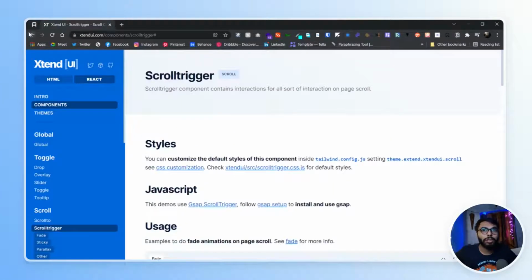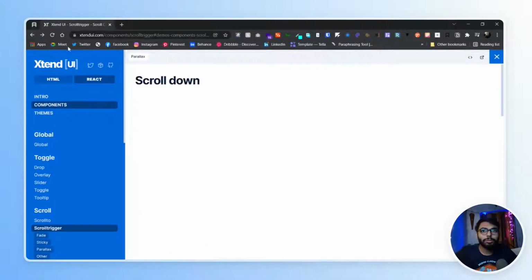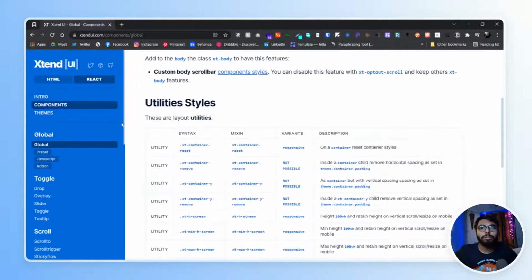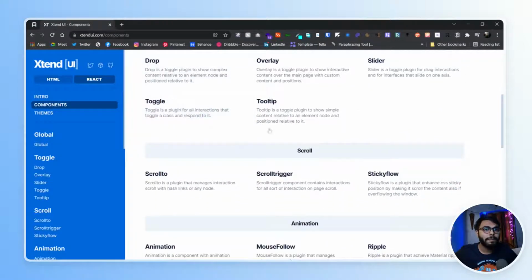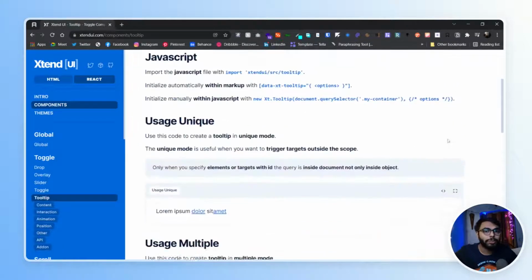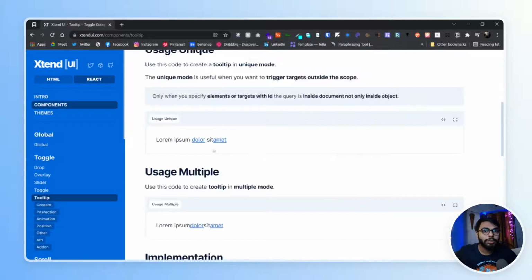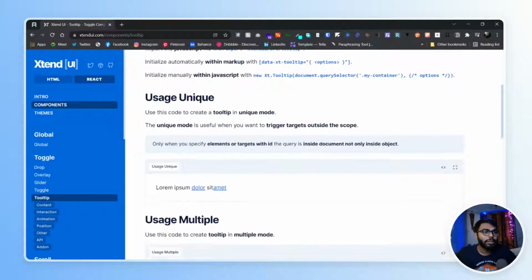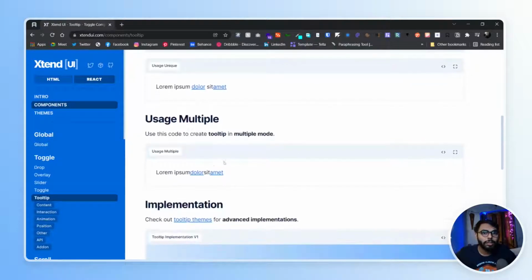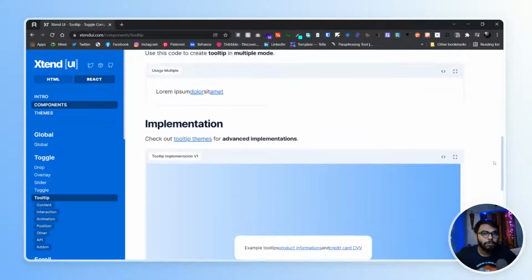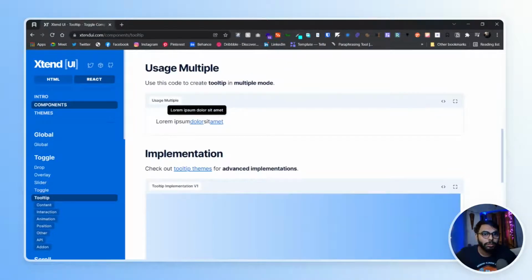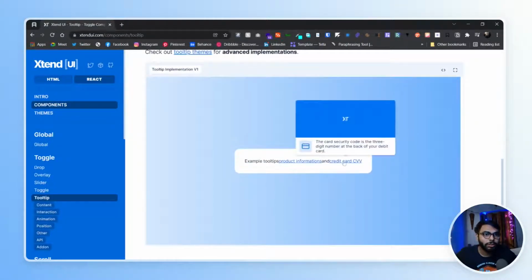Suppose I want to, wait, let me go global again. If you have global styles, but let me go through components now. Now I want to show you the tooltip as well. So here you can see the tooltips, and I think there's an animation for usage multiple. Yeah, see,